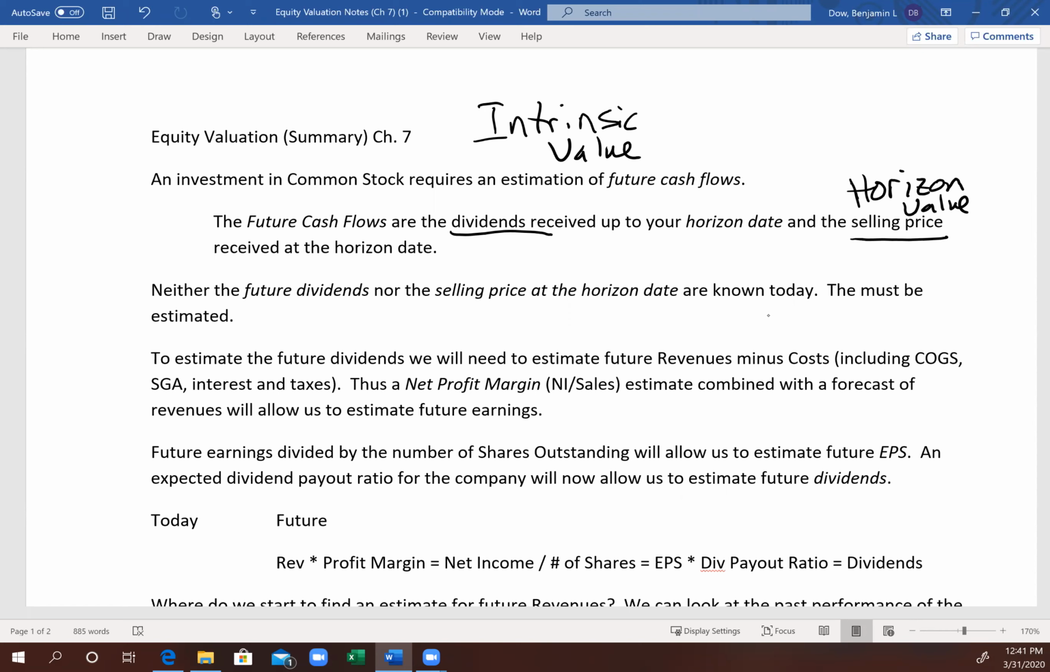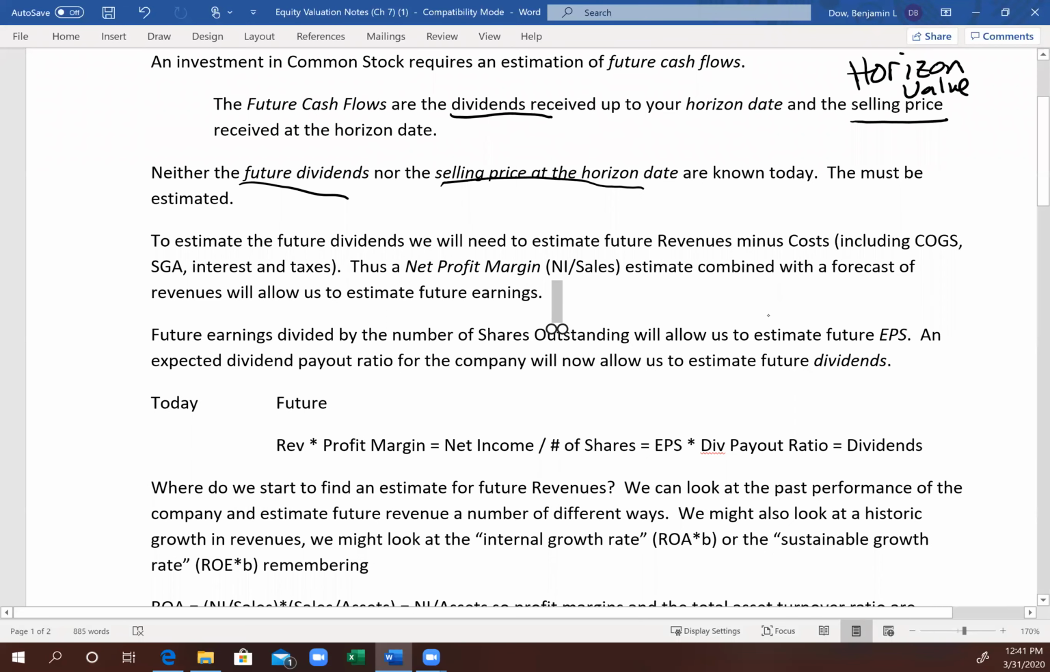The dividends are not known now, but they're estimated. In fact, they're future dividends. Okay? And then the selling price or horizon value is also not known today. It must be estimated. Fortunately for us, we're going to give you that information. In real life, you've got to estimate it. And if you want to see where it comes from,